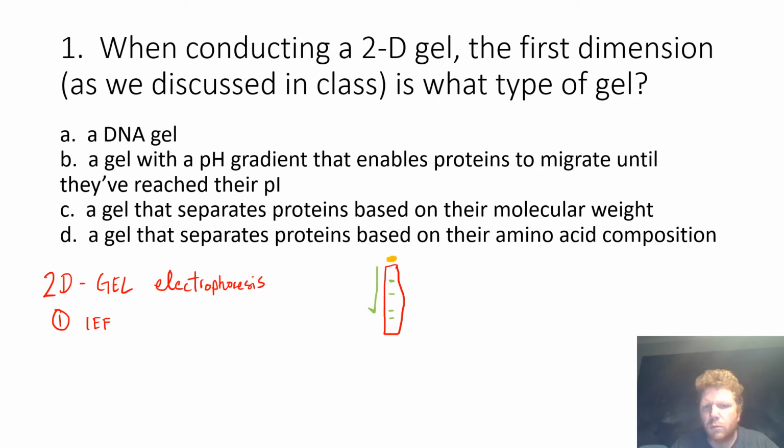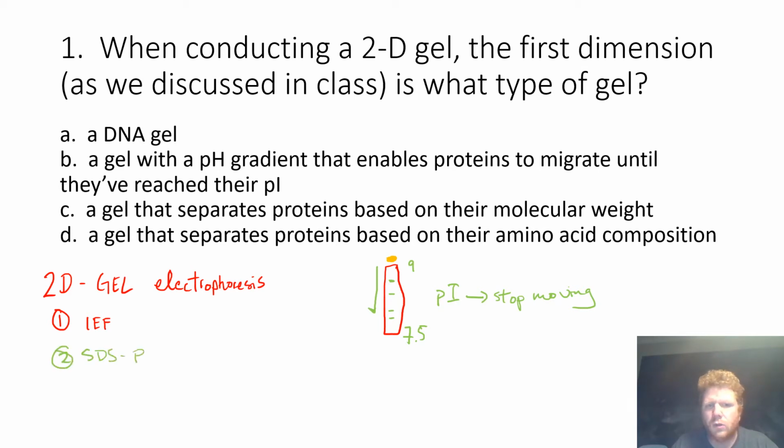So let's say that your pH gradient ranges from 9 to 7.5. Well, these proteins are going to migrate until they reach their PI, or their isoelectric point. And once they reach their isoelectric point, they stop moving. So your first dimension is isoelectric focusing. Your second dimension is